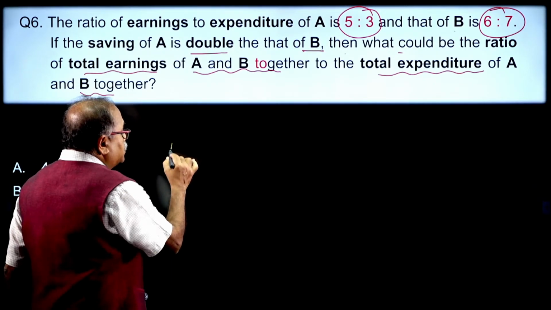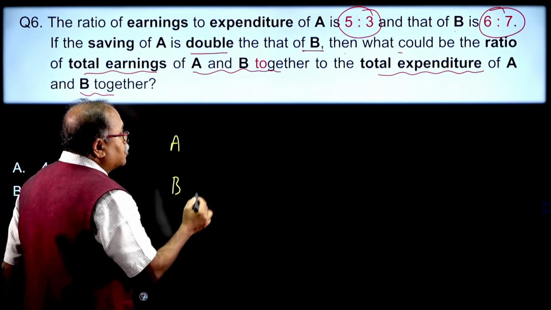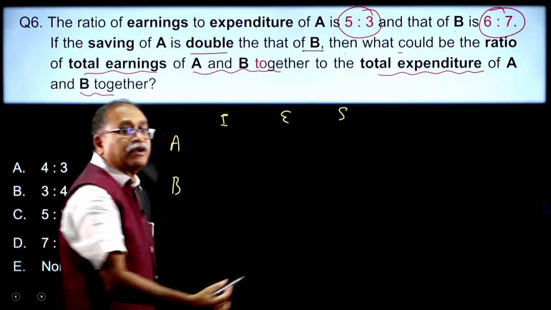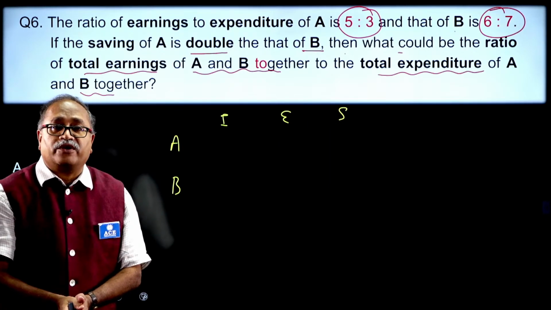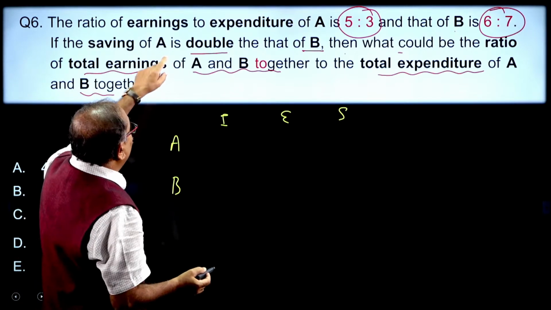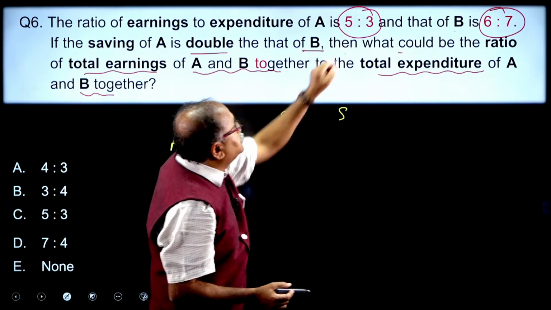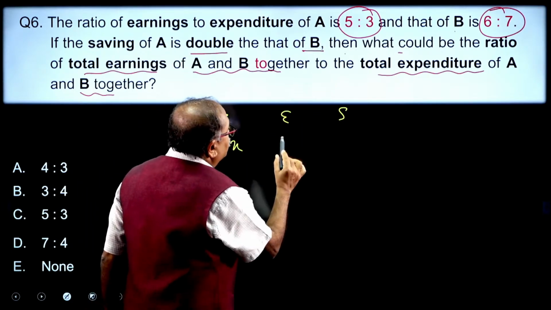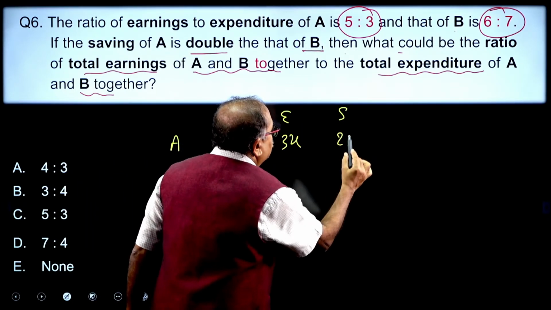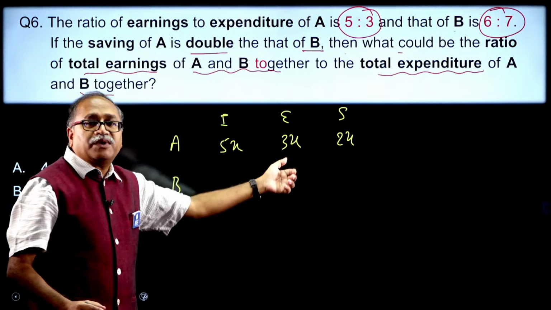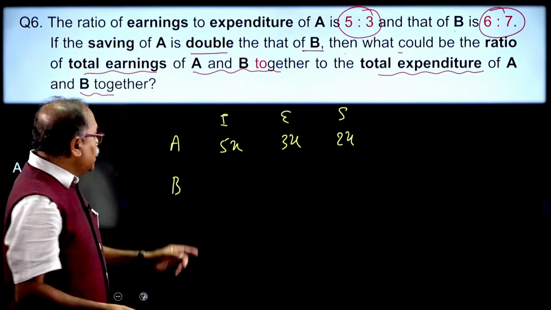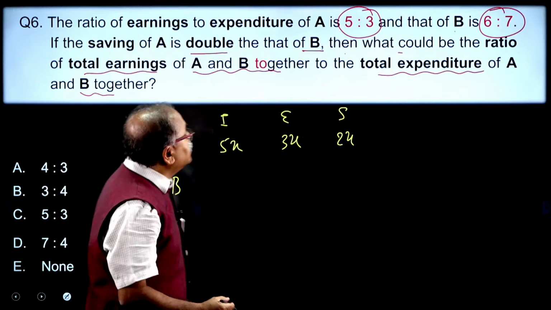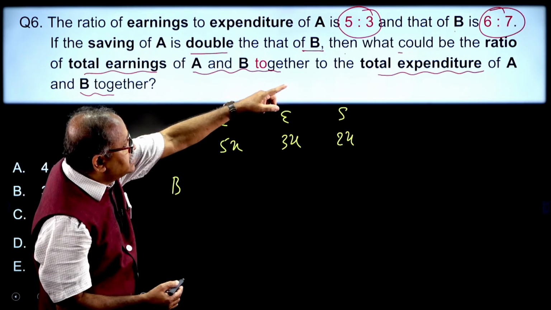A and B, there are 2 persons. This is income, this is expenditure, and this is saving. I request you to write down in the same format. So, here I know the income and expenditure of A are 5x and 3x. The saving will be 2x, since 5x minus 3x is 2x. And I have to take B with another variable, that is the income is 6x and the expenditure is